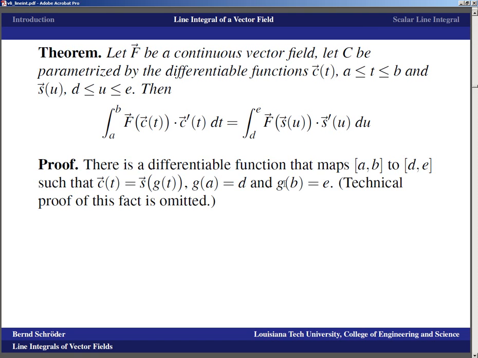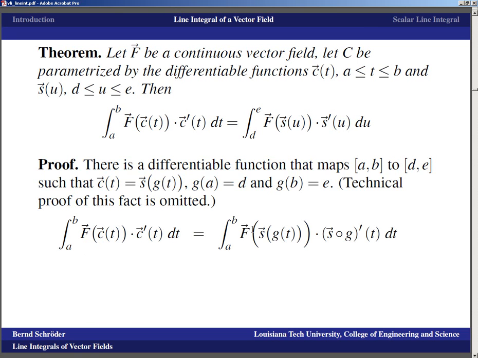function G. However, once that is given, the rest of the proof is straight substitution, because if we look at the integral from a to b of f of c of t dot c prime of t dt, well then, by what we have just seen here, that is just the integral from a to b of f of s of g of t dot the derivative of s composed with g of t dt, and we know the derivative of a composition by chain rule is just s prime of g of t times g prime of t, and so that means we have the integral from a to b of f of s of g of t dot s prime of g of t